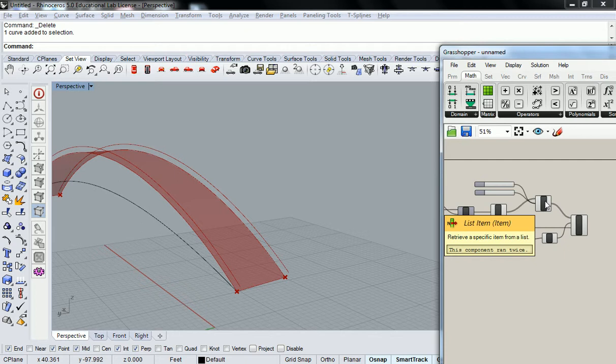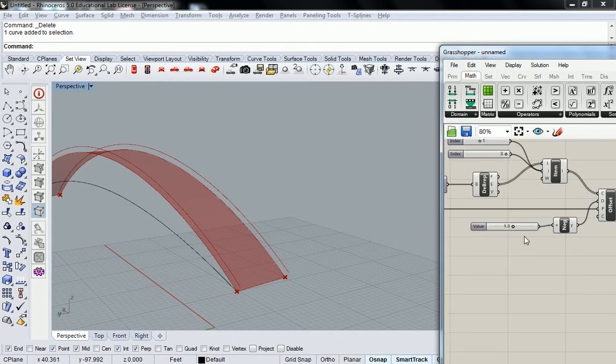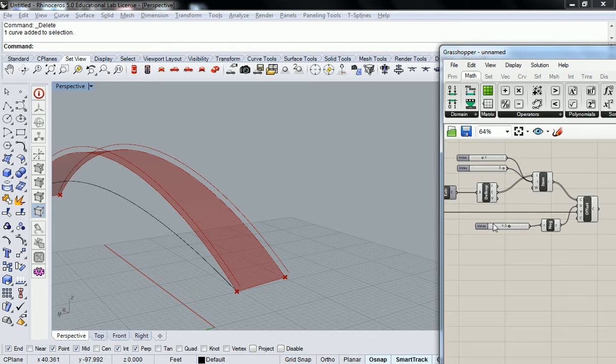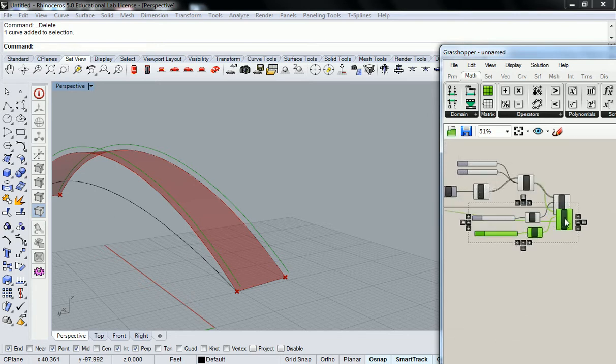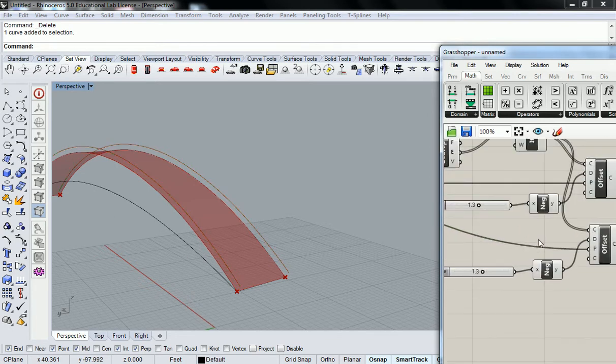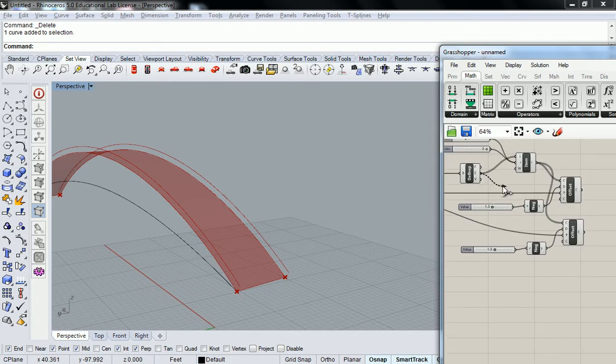You could either do it off of the original curve and just make it 3.5 feet, or you could use a mathematical operator and make it 3.5 feet minus 1.3 and map it off of the new one. It just depends on how you want to do it. So I'll show you basically what that looks like for each of them. So if I copy and paste this offset down, and if I was to map it off of the original curves, just like that,